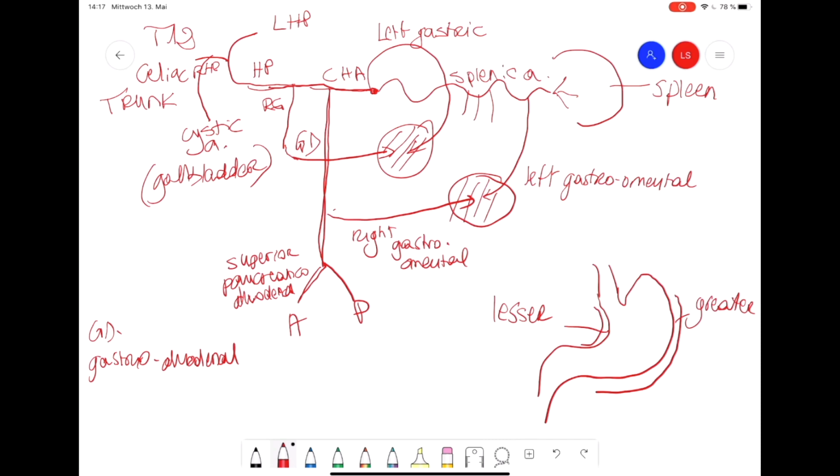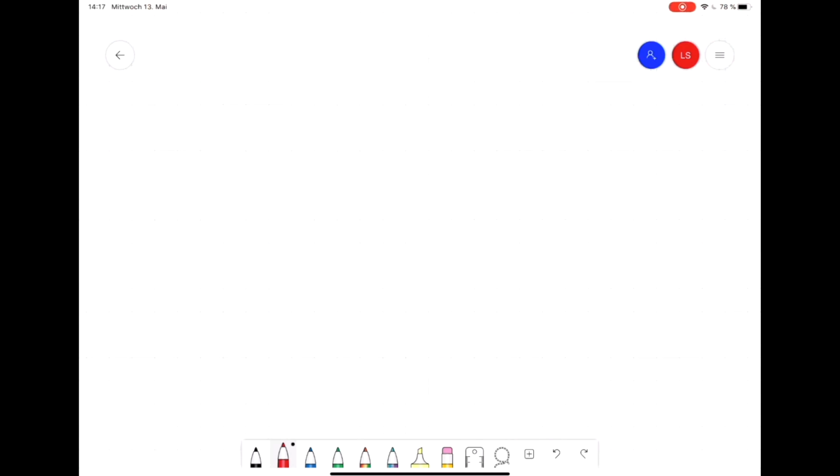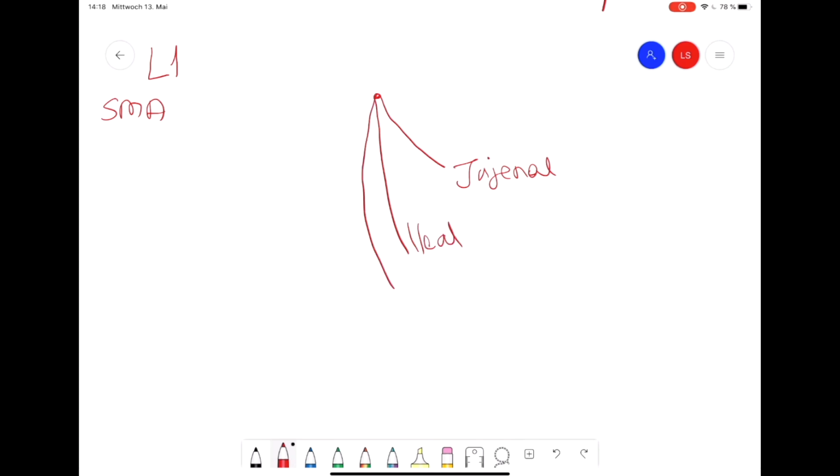Now we'll move on to the superior mesenteric artery, which is at the level of L1. So this is the superior mesenteric artery at the level of L1, and it gives off the following branches: the jejunal arteries, and then we have ileal. Then there is this branch which is called ileocolic,